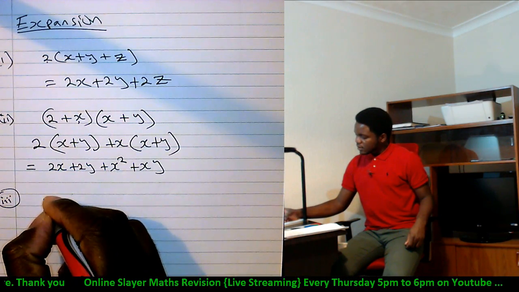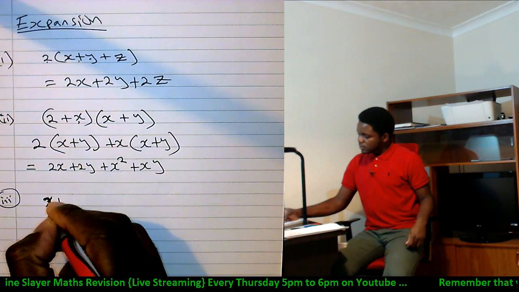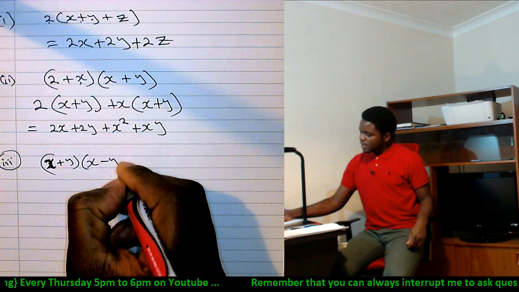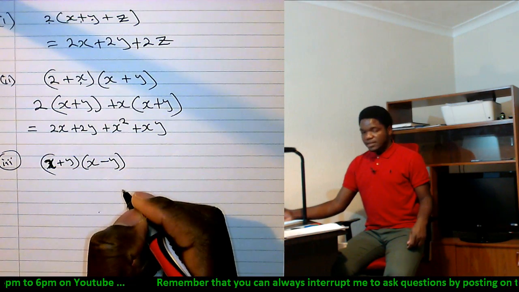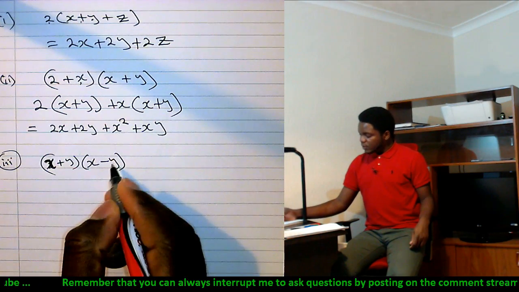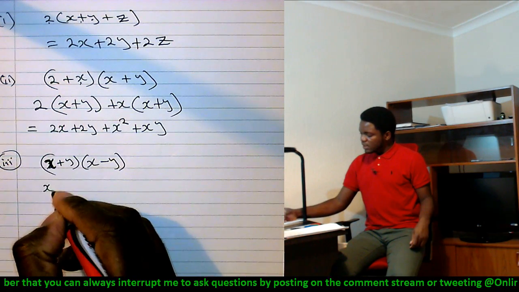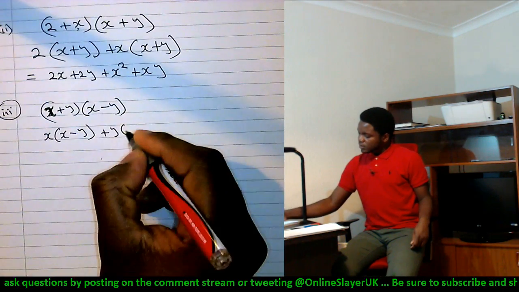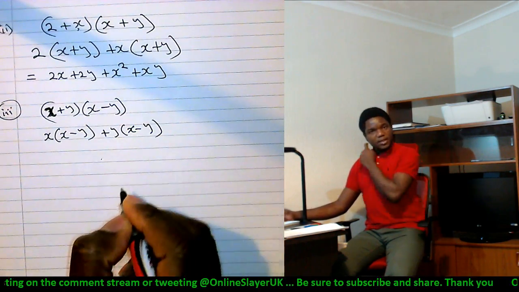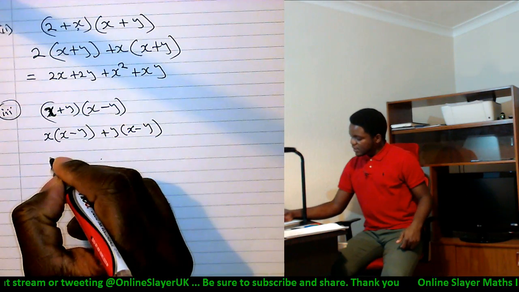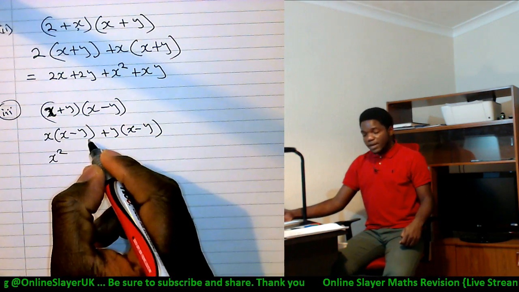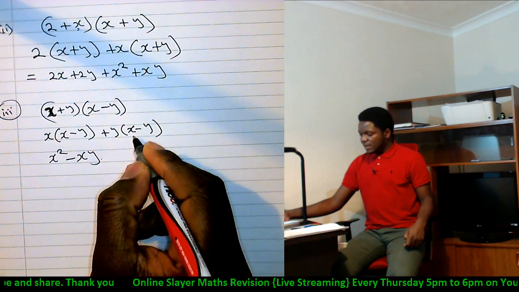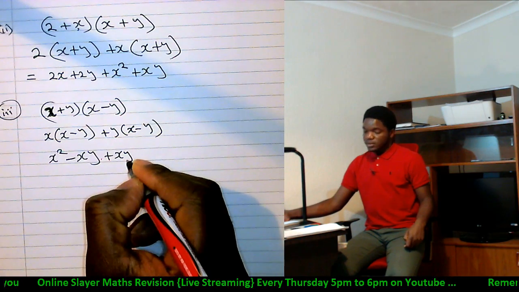let's say if you've got x plus y into x minus y, what does that give you? If you expand the same way we did the other one, it becomes x into x minus y plus y into x minus y. It gives you therefore x times x, x squared. x times minus y is minus xy, plus y times x is plus xy, or you can say plus yx